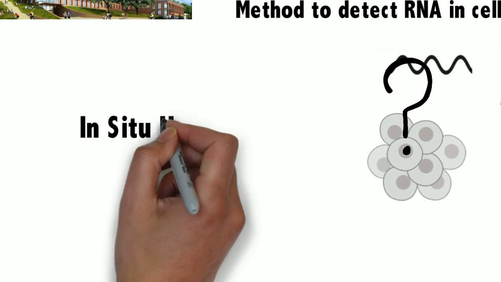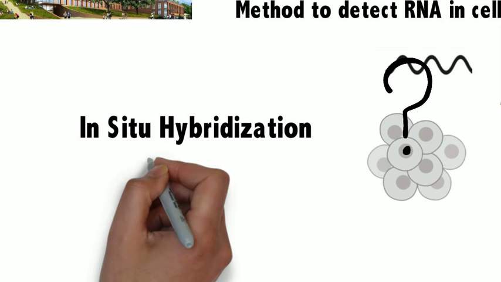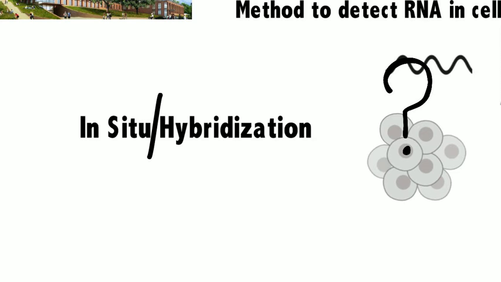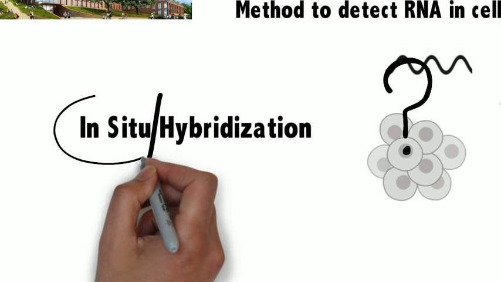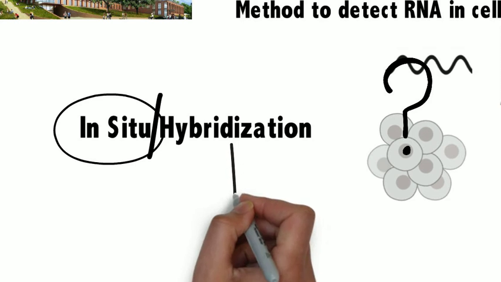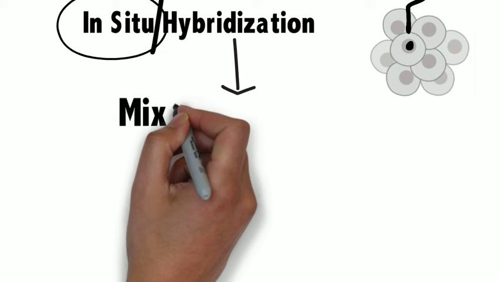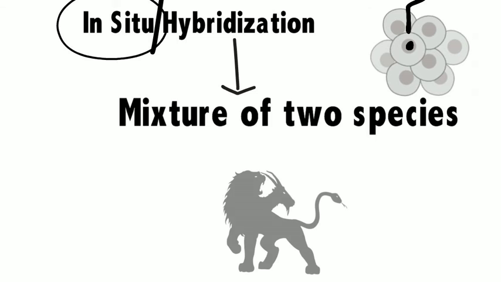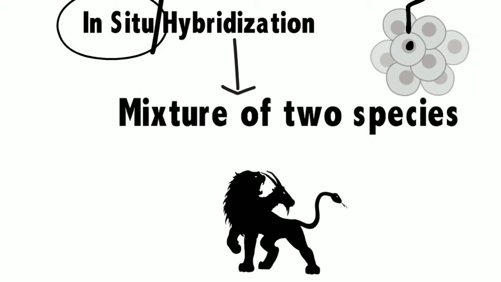Let's decompose the word in situ hybridization into two parts. The first part is in situ, which means on site. So this method not only lets us identify the presence or absence, but also helps us pinpoint the site of expression of RNA molecules. The second component, hybridization, simply means mixture of two species, just like the mythical character of